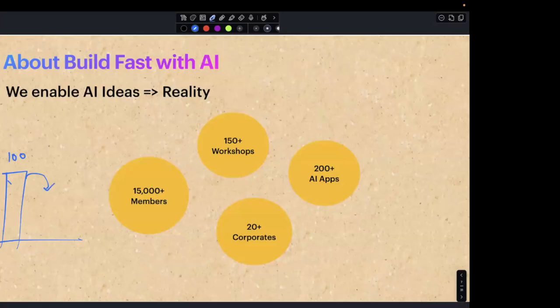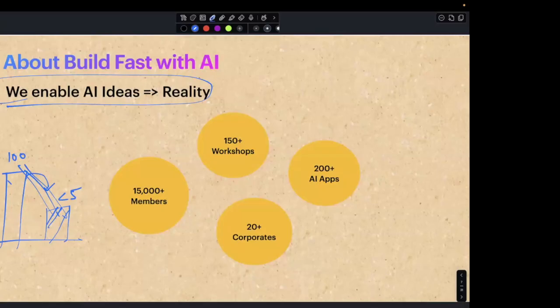But if you see what percentage of it is actually being applied in companies, it is less than 5%. Not even five are being implemented by individuals or companies at a large scale. So at Build Fast with AI, our primary goal is to bridge this gap. Whatever is happening in generative AI in real time, how can we help more individuals and companies leverage this technology? If we were to summarize ourselves in a single line, we enable AI ideas to reality.